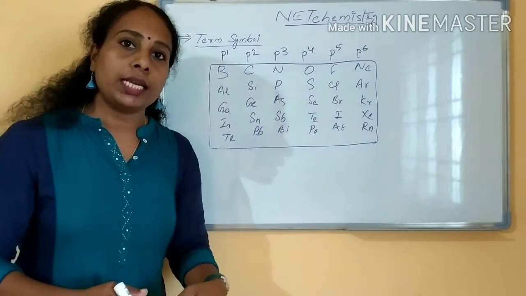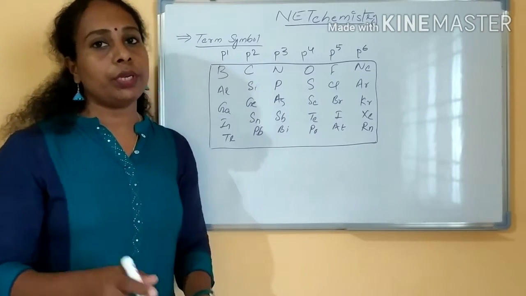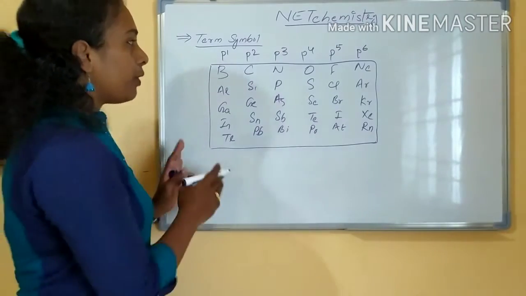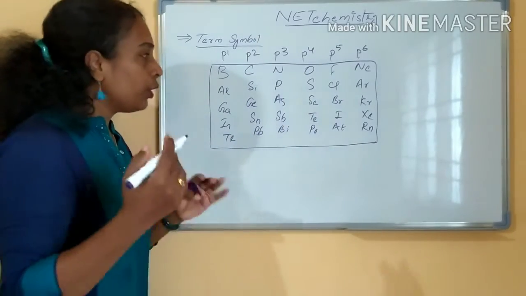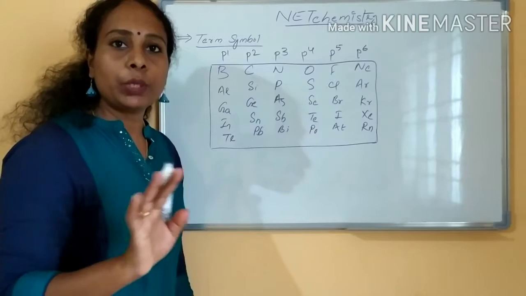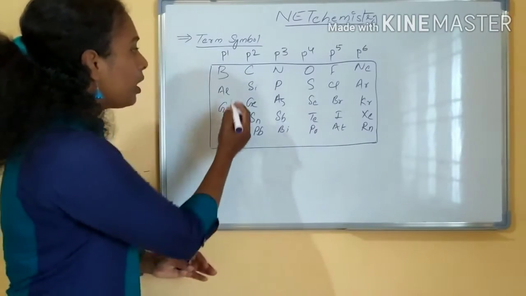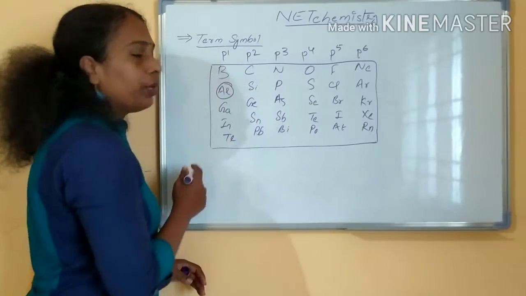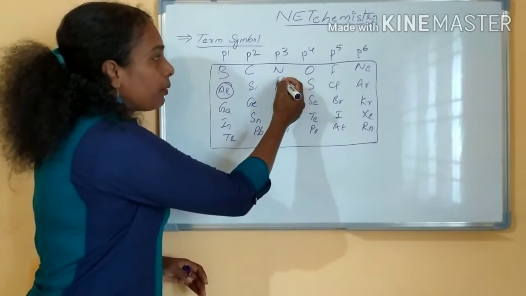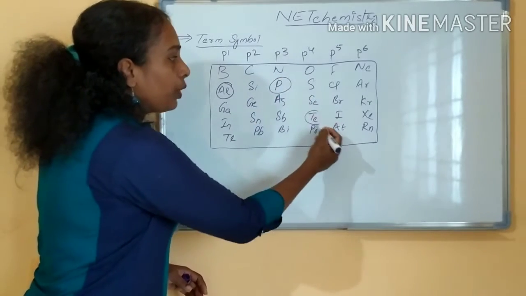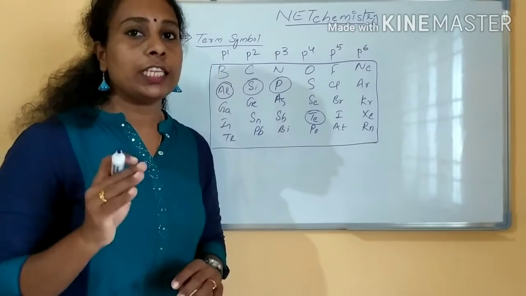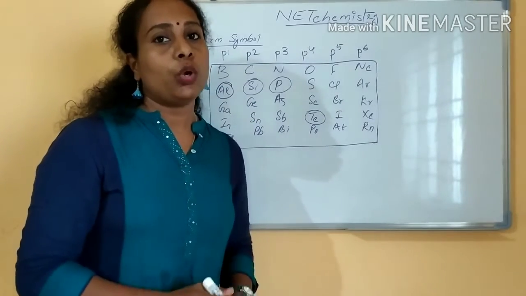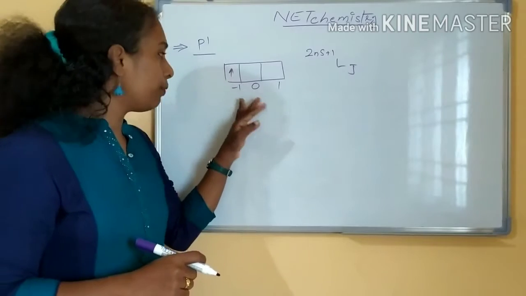If you are coming to the transition elements, then you have to find out the D configuration. So we will see for P1 to P6 what all the term symbols are that we are going to get. You will not get any P1, P2 like that question. You will be getting: find out the term symbol for aluminum, or find out the term symbol for phosphorus, or tellurium, or silicon. Like this only you will be getting the question. So in this first I am taking P1. Shall we start? P1 configuration.